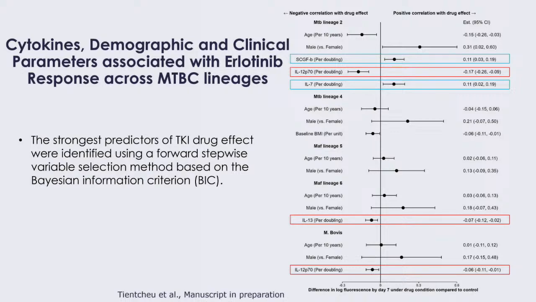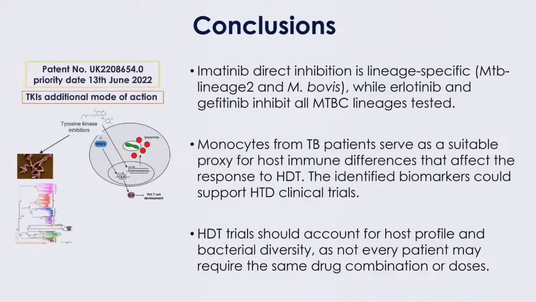So I'll just stop there by concluding, saying that developing this sensitive method with clinical strains enabled us to see a mechanism previously overlooked, that tyrosine kinase inhibitors can directly affect the bacteria, and this effect varies with the different lineages, and this ends up with a pattern. So drugs such as imatinib had lineage-specific interaction, whereas gefapixant and ilotinib could control all the different lineages that were